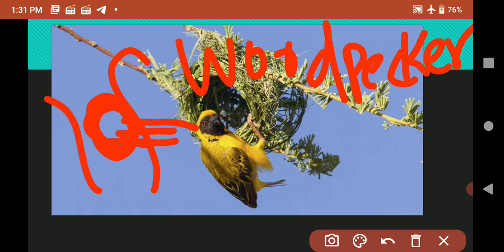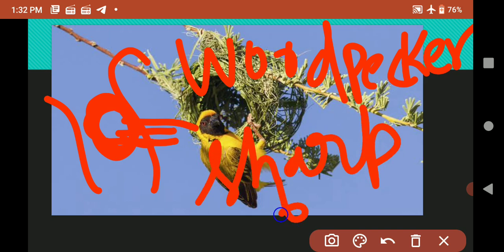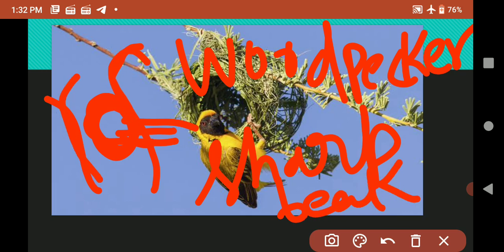Woodpecker makes its nest by making a hole in the trunk of a tree with its sharp beak. With the help of the sharp beak, they make the hole in the trunk of a tree and they live in this hole, and this hole is known as what? Nest of the woodpecker. So now all of you are able to identify the nest of a tailor bird, weaver bird, woodpecker and sparrow. They have different types of nest.